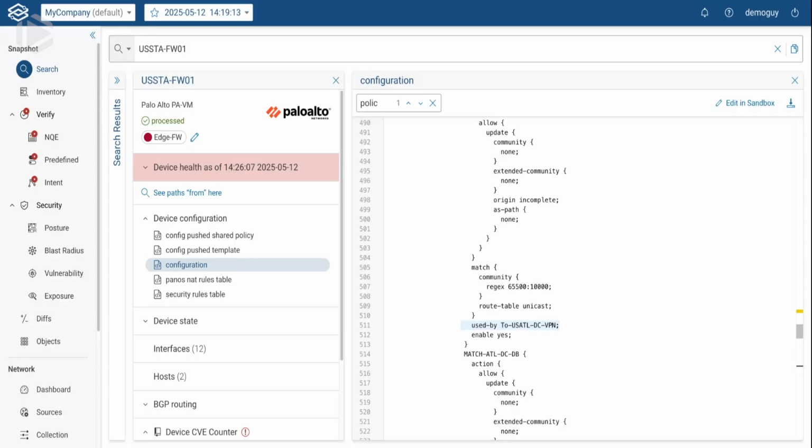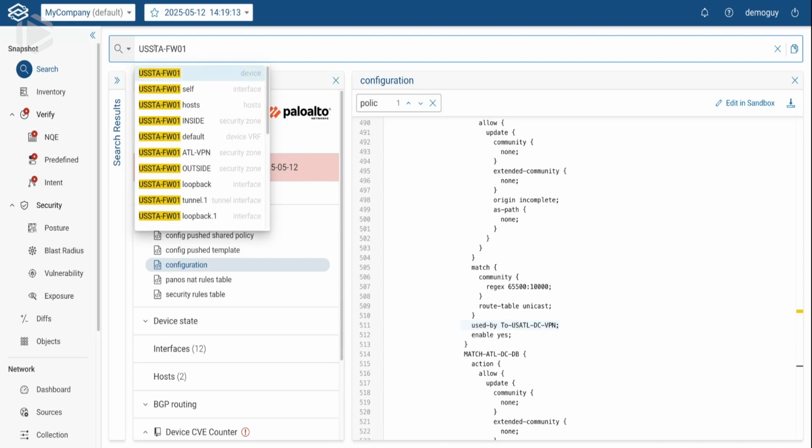Okay, so my next steps are whatever. But have I completed what I can do here with Forward, getting me to the bottom of the problem? 100%. If you would have gotten this page at 2 a.m., this probably isn't the first thing you would have looked at. You would have tried troubleshooting in St. Augustine. You would have started at the switch. You would have seen that the route is actually still in the switch.